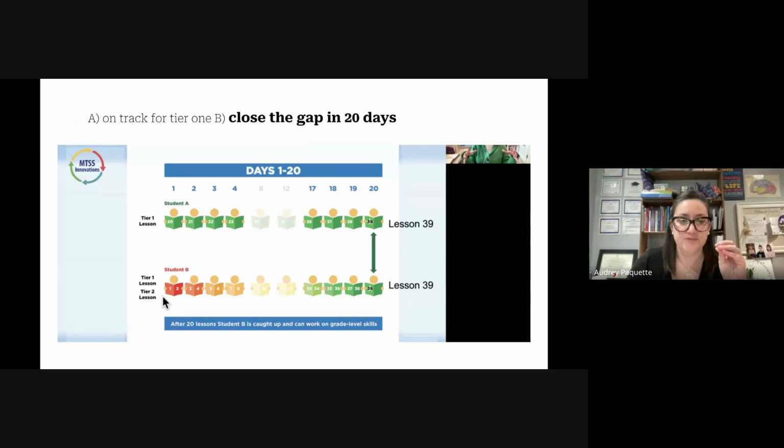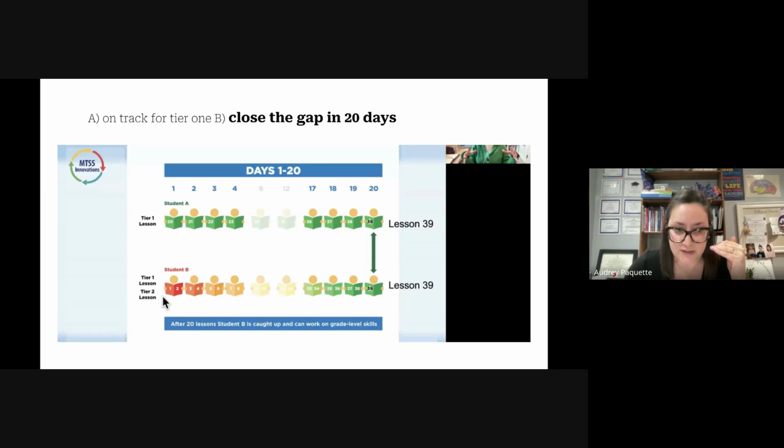So student A, we're on day 1 over here. Day 1, student A is on lesson 20, okay? Let's say they're with their teacher. Student B will be pulled out either with another teacher, a support staff, a resource teacher. So they will be working on a differentiated tier 1, but they're going to be doing lesson 1, okay? And then student B later on that day will go back to a tier 2 and will do lesson 2, all right? Now day 2, differentiated tier 1 again, student A does lesson 21.